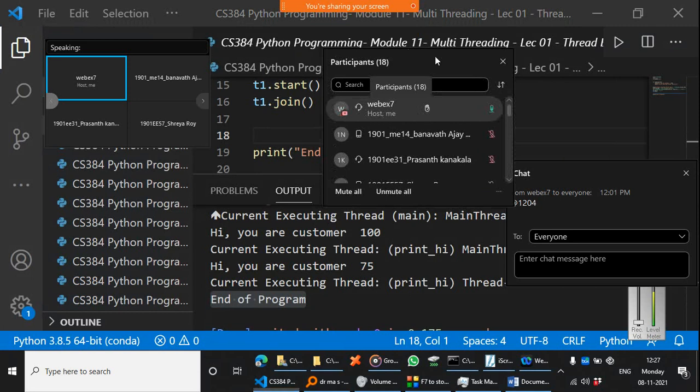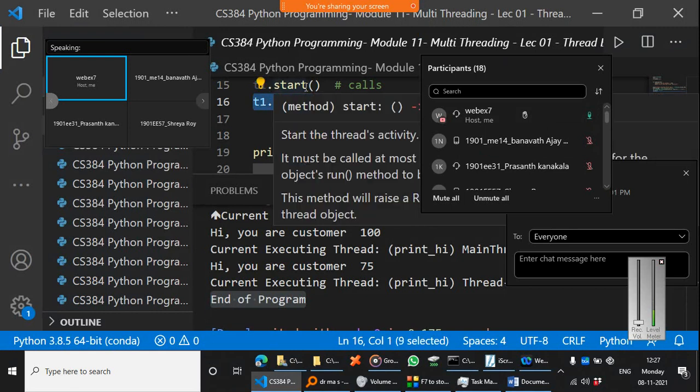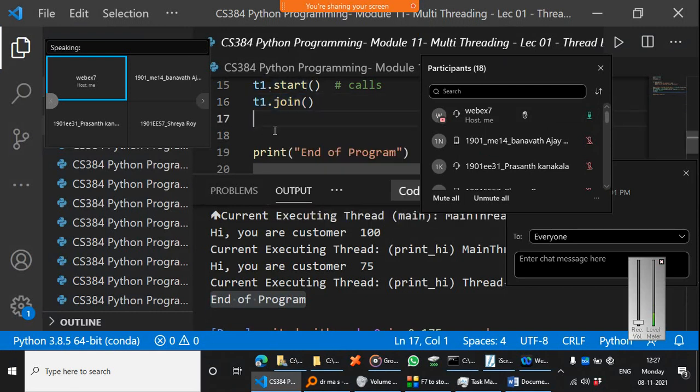Okay, so I hope you get the point of what T1.start and T1.join are. Start is always used to start the thread, but join means I need to wait for the thread to complete before moving forward. For example, you can start 8 threads for your 8 semesters' SPI, but then you need to join all the threads before computing the final CPI. That is the whole purpose of it.